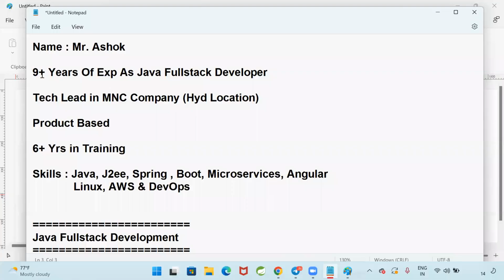What are we using? We are using Angular, or we are going to use React. And Angular and React both are not required. Only one is required. Are you able to understand? In a project, either Angular will be available or React will be available. Both will not be available in a single project. Will anybody learn both Java and .NET? No. Why? One programming language is sufficient to get the job. Similarly, to develop the user interface for a project, either Angular or React is enough, both are not required.